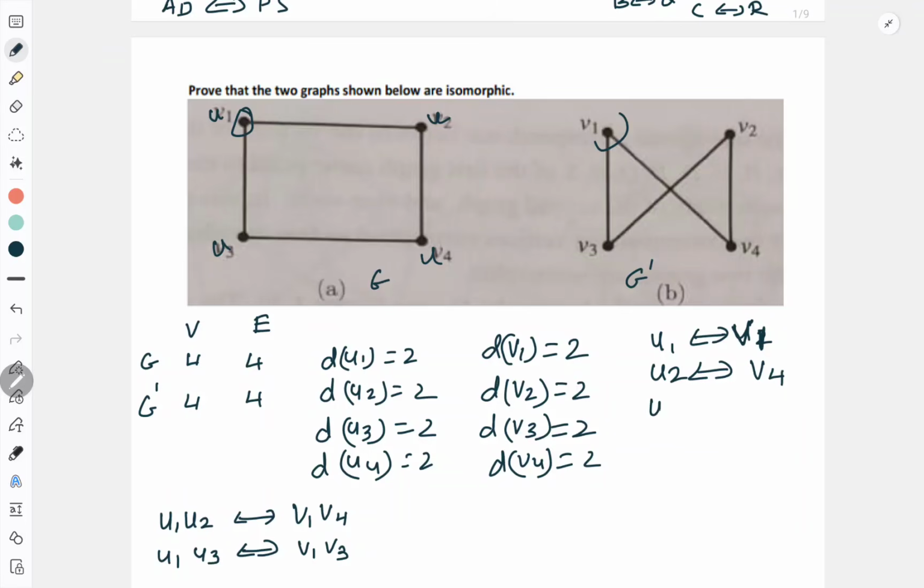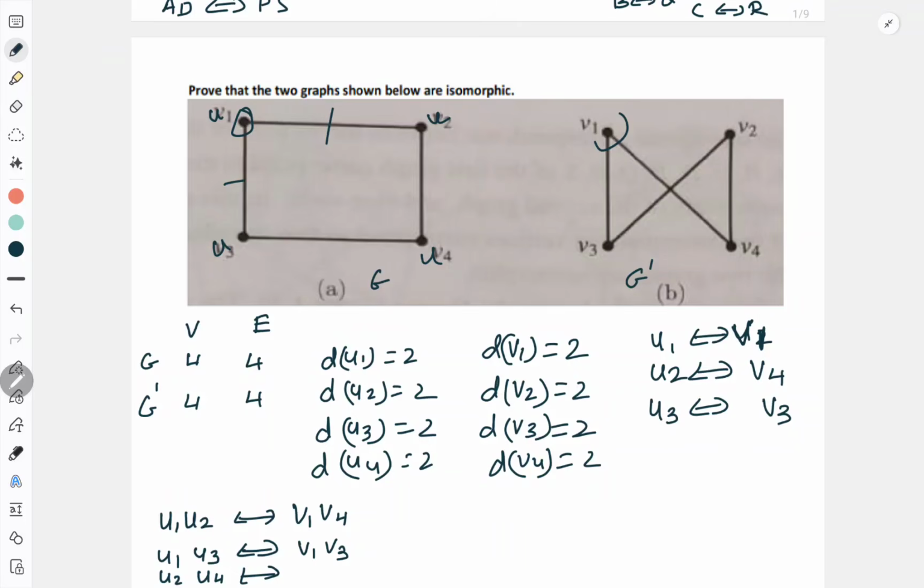Same way, image of U3 is equal to V3. Now based on this, you can check. See, I am done with this. Adjacency is preserved for this. Adjacency is preserved for this. Now for U2, U4, if I search,